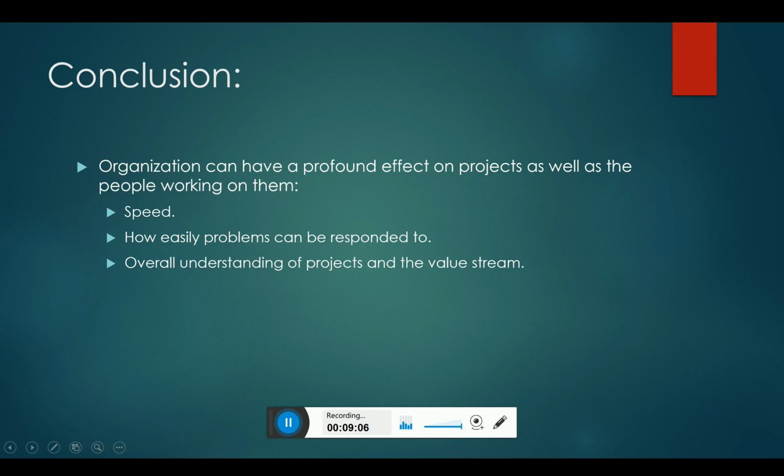All right. In conclusion, I know we got a little long. I'll try to get this done before 10 minutes, but